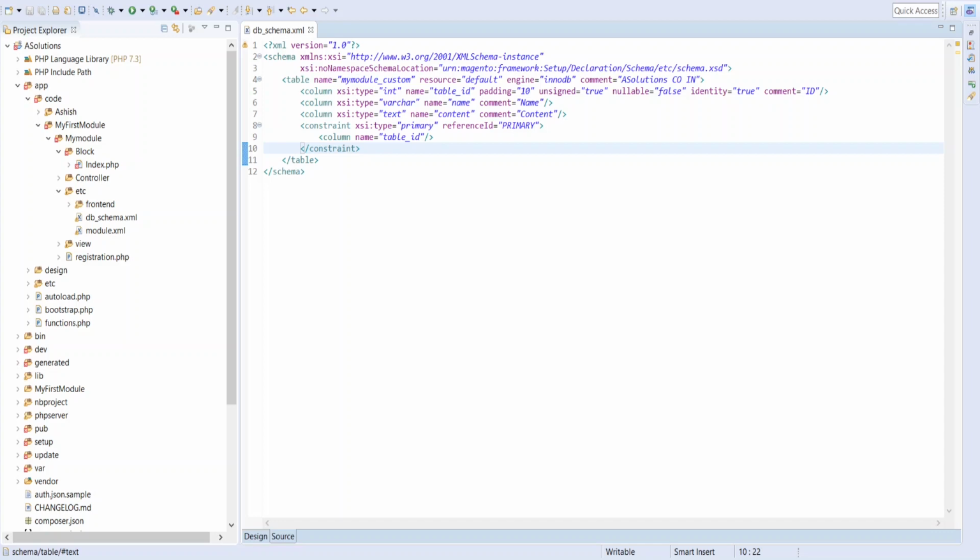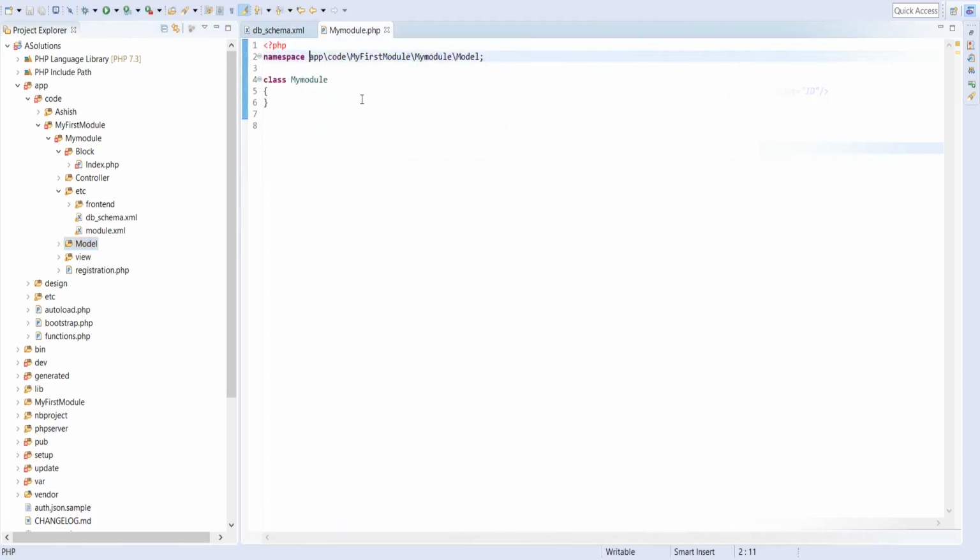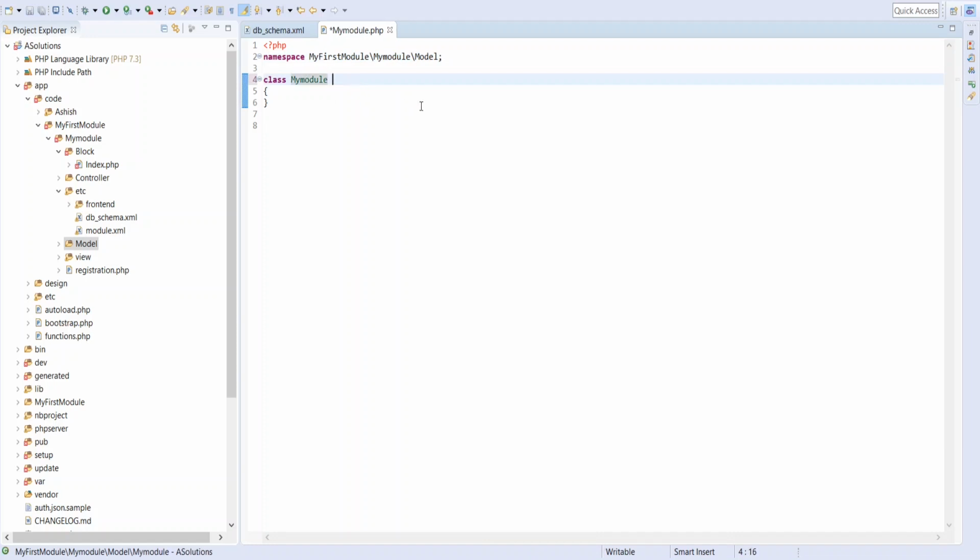To create a model class, we need to create a model directory inside our module. Inside this model directory, we will create our model class. Here, the namespace will be my module, model, my model class.